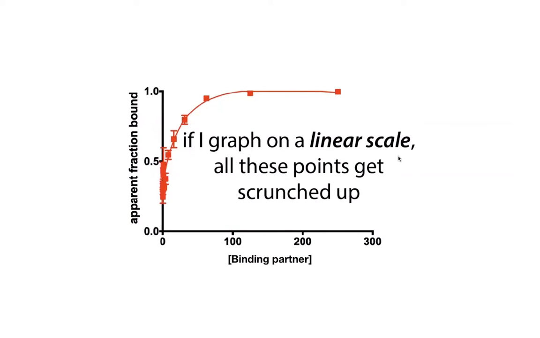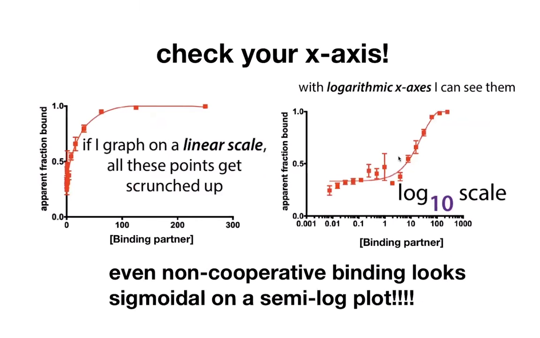So what you have here is, on the x-axis, the concentration of one of the binding partners. And then on the y-axis, you have the fraction of the other binding partner that's bound. And you can see that I have a lot of points squished up through here, which makes it hard to see. So often what we do is we plot these on a log scale. And so basically we're just spreading out the points near the origin. This is going to make it easier to see our points,